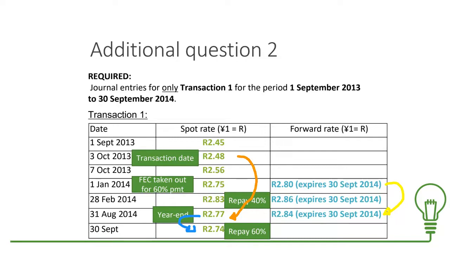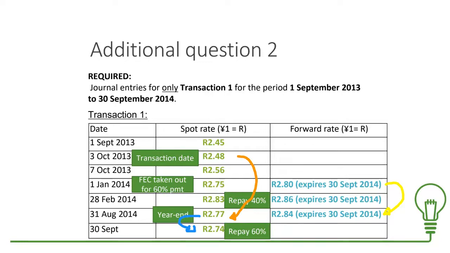Now, the FEC is expiring on the 30th of September, right? So what happens on the 30th of September? We're going to give the bank the 2.80 for each yen, and then they're going to give us 6,000 yen. So we're going to give them 2.80 times 6,000, whatever that amount is. We're going to give them that. Then they're going to give us the